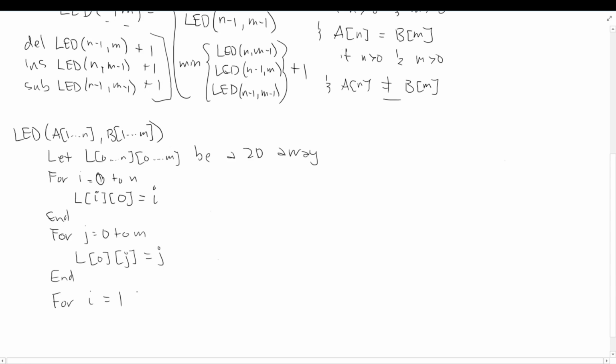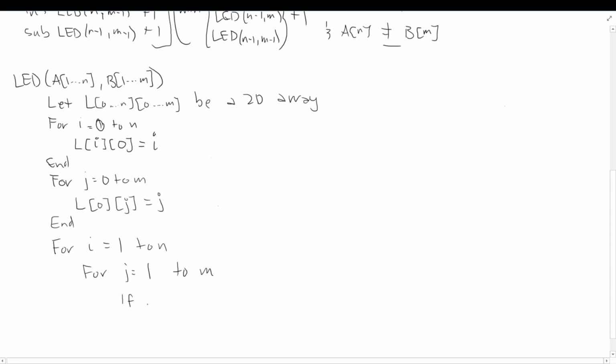So i is going to be 1 to n, and j also is going to be 1 to m. And again, we need to do a check. So if a sub i is equal to b sub j, then